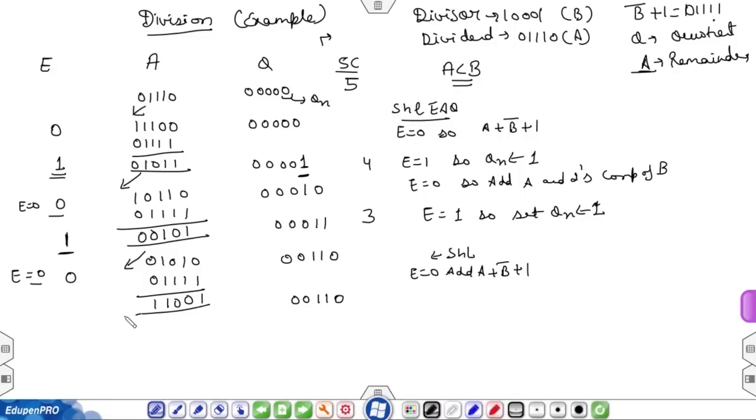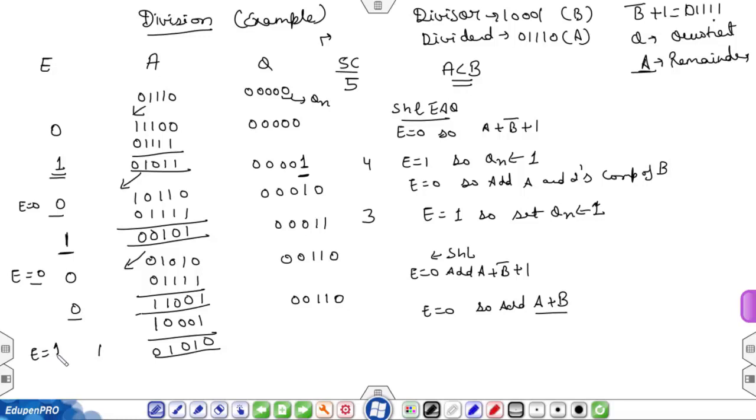Here you can see E is 0 in this case. So E is equal to 0, so add A plus B here, 10001, and it will become 0 1 0 1 0 1.